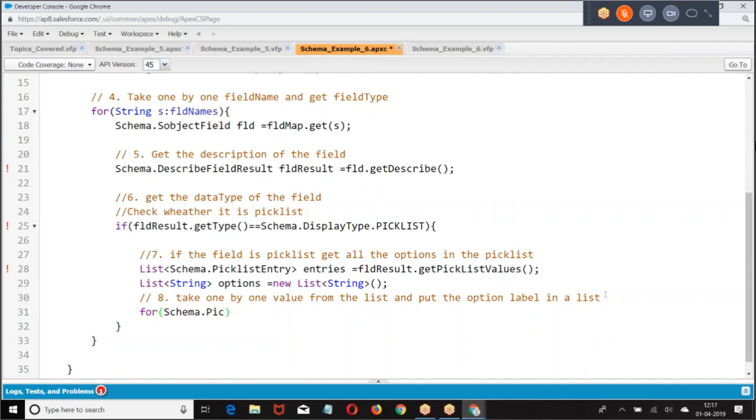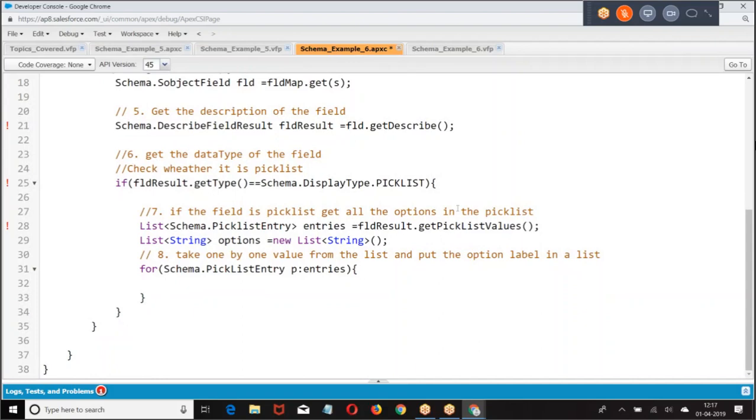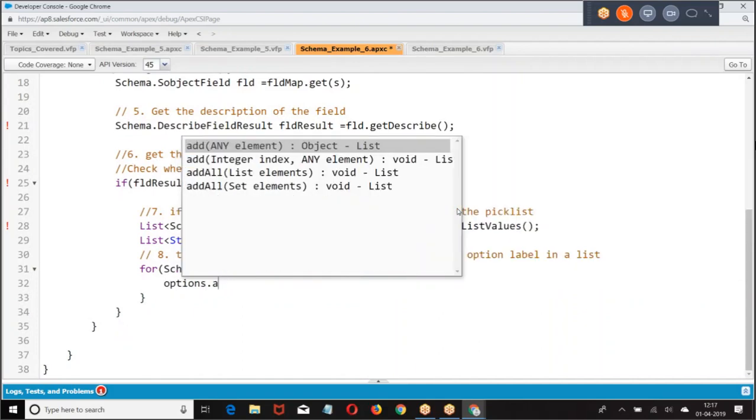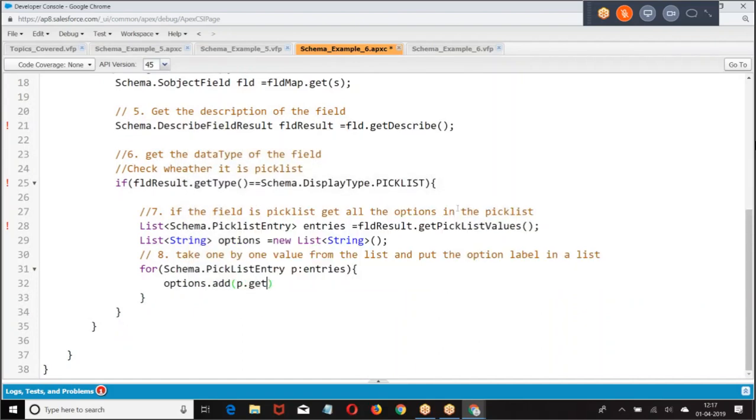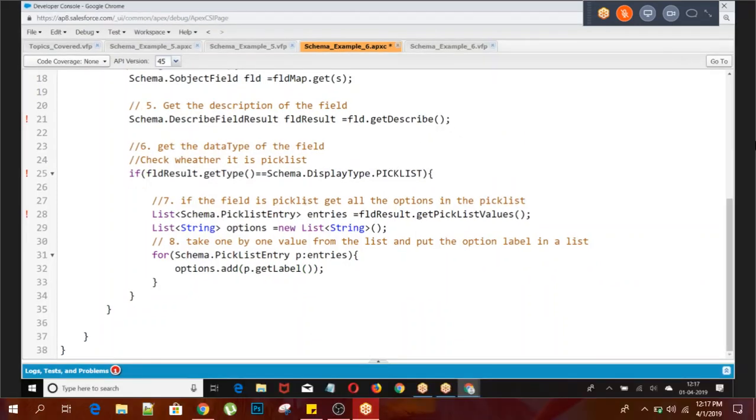Schema dot, then we're taking this. This is what we got.